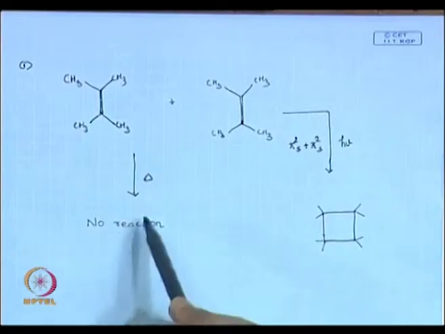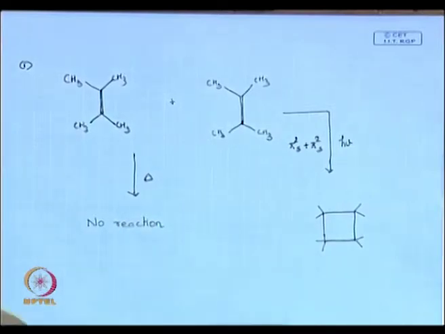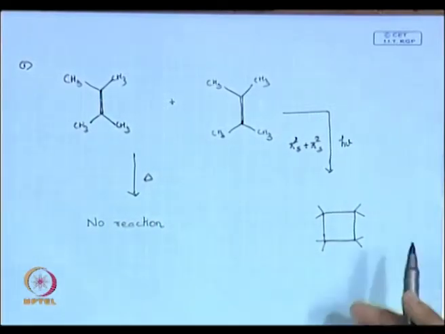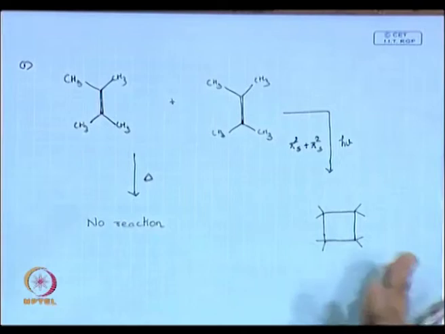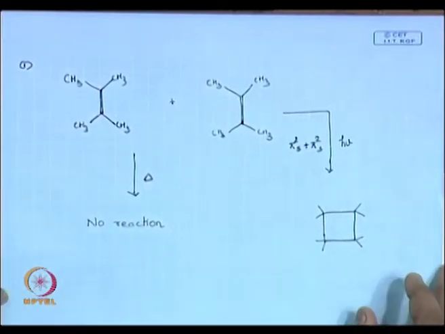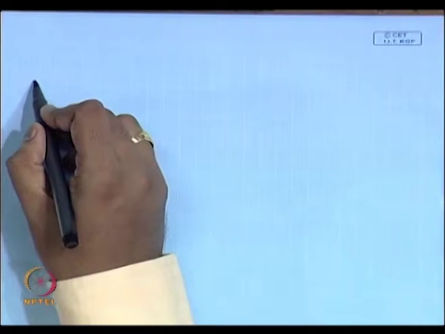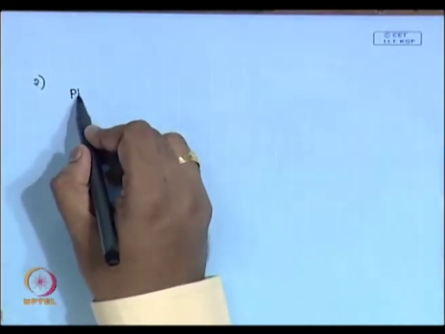So, you will have no reaction, a very good example to understand. Basically we should think about pi 2s plus pi 2a, but since the geometry is too small for them to make a C-C bond, it does not happen. So, there will be no reaction, but if you do the same reaction in light, you get a nice product. We will take the second example, now what I am doing is that